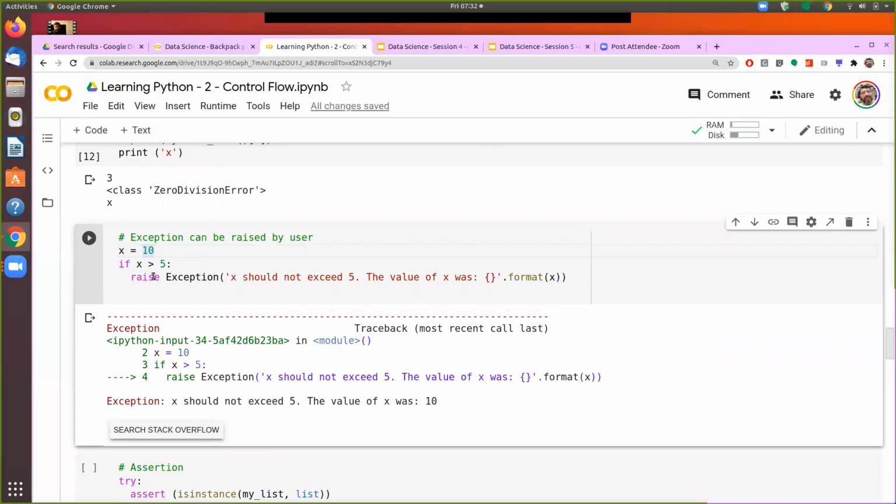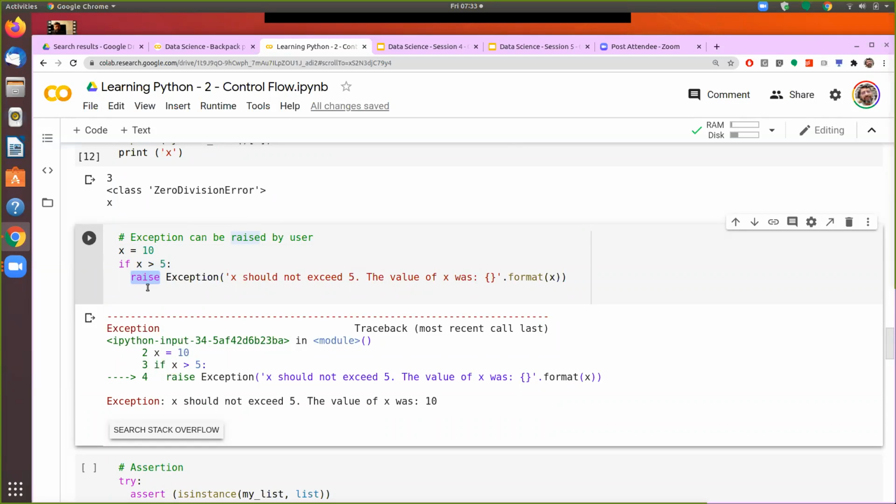So, for example, if the value of x is more than 5, suppose we are doing some operation and we want the system to execute the rest of the code only if the value is more than 5. Now, from the system perspective, whether the value of x is 5 or 7, it does not really matter. And therefore, we would like to raise an exception explicitly ourselves.